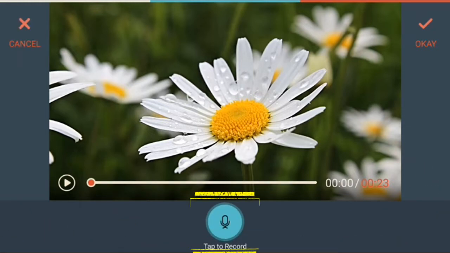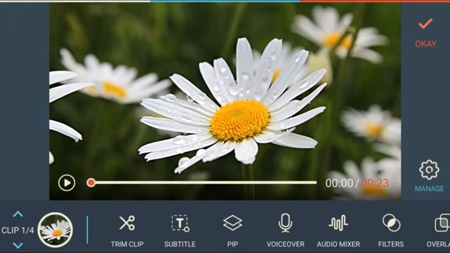Then tap to record button with a microphone symbol is displayed at the bottom of the screen. When you tap this button, then the microphone will be activated, and whatever you say or record into the microphone will be recorded in this video clip as voiceover. Then if you are satisfied, you can click on OK button to embed this voice in the video clip. Now I will go back by clicking the cancel button.